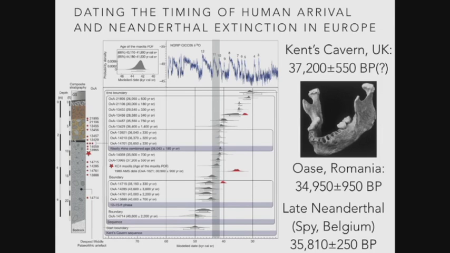Oesi, I'm sure I'm pronouncing that incorrectly, but in Romania is arguably some of the earliest evidence. It's actually slightly younger, at 35,000 radiocarbon years, and that's a picture of it just there. And then subsequently also, late Neanderthal looks like around the same sort of time, arguably maybe a bit before. Spy is one of the latest finds. Spy in Belgium at 35.6. So they're all around the same sort of time.